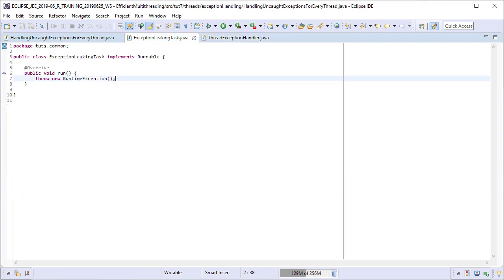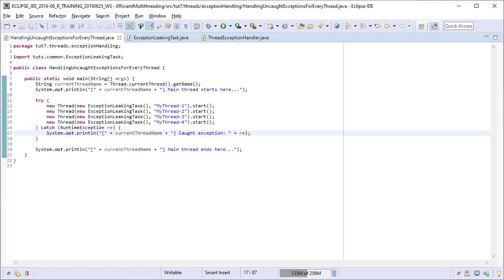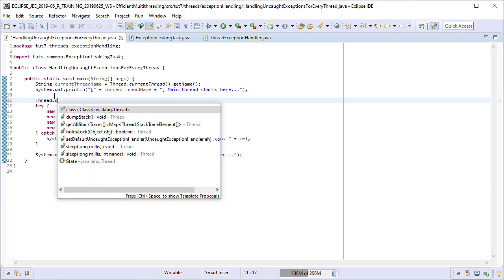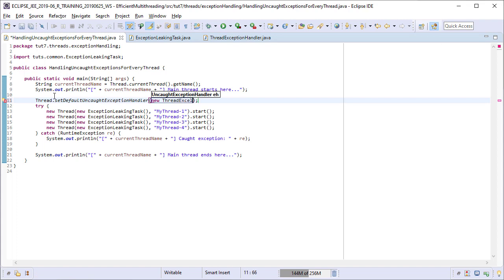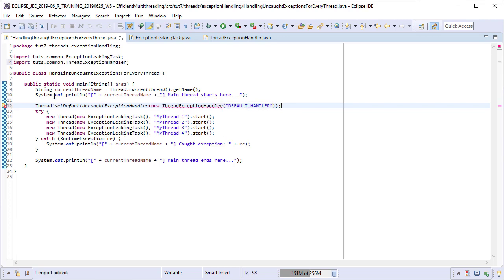Let's now see how to let the JVM know of its existence. We are just going to use the setDefaultUncaughtExceptionHandler method of the Thread class to register an instance of our new ThreadExceptionHandler class. Simple. I have also provided an ID, default_handler, to the handler instance. There is no need for the try-catch block now.